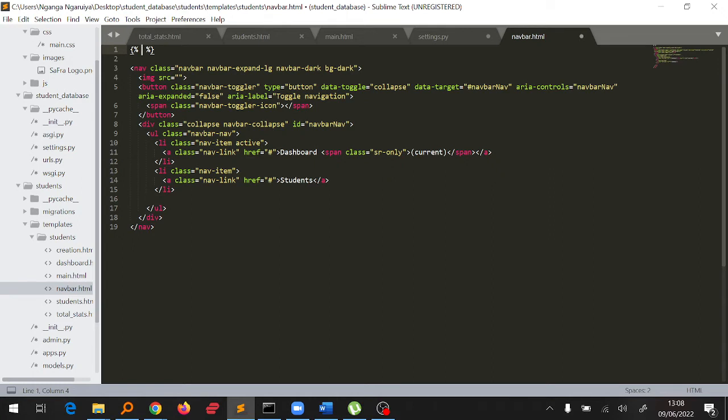Load static, so that it knows we are dealing with a static folder. Then here we'll just do the same as we did with the CSS file. Perfect. Then it will enter into the static folder. Then inside the static folder, we want it to go to images,